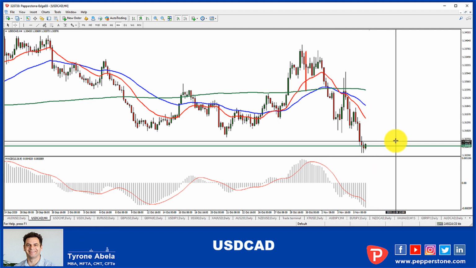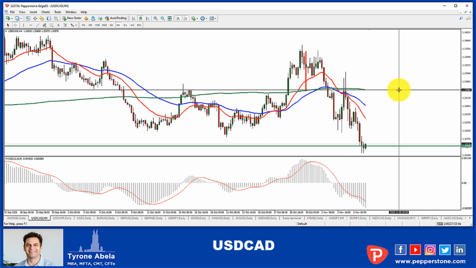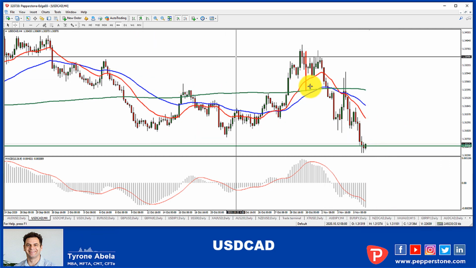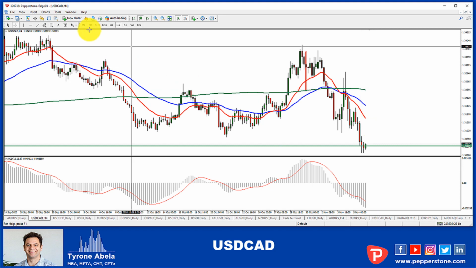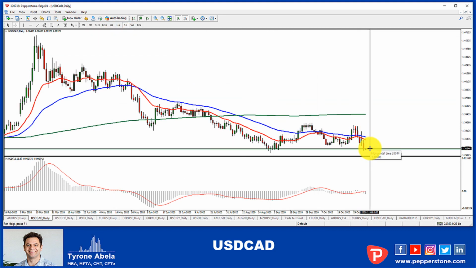You don't want to be the first person to be trading this long. You want to let the market unfold, let the momentum shift to an uptrend on at least a 4-hour chart, and then potentially start to look for the longs. We're separated away from the moving averages now, so it's picked up some speed this week. There's no question about that.